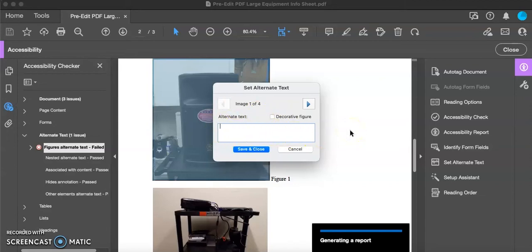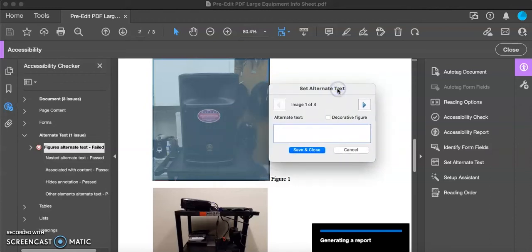So for this first one, this is a black Yamaha speaker. Based on the context, I am going to include the brand name of the speaker, and that suffices for our alternative text. Now we will go ahead and continue fixing all of the others.